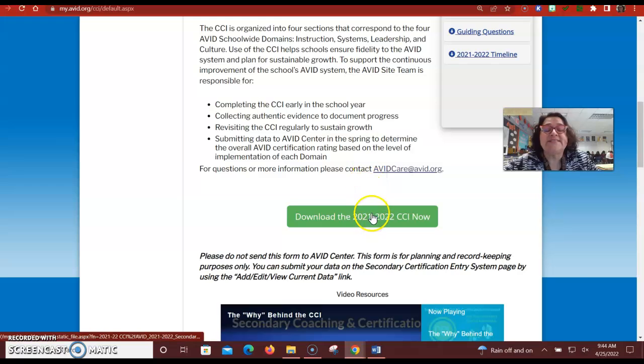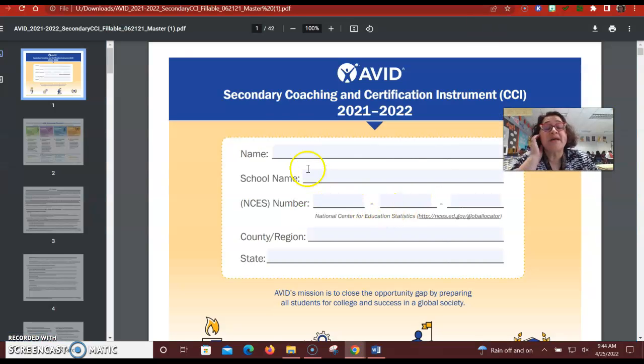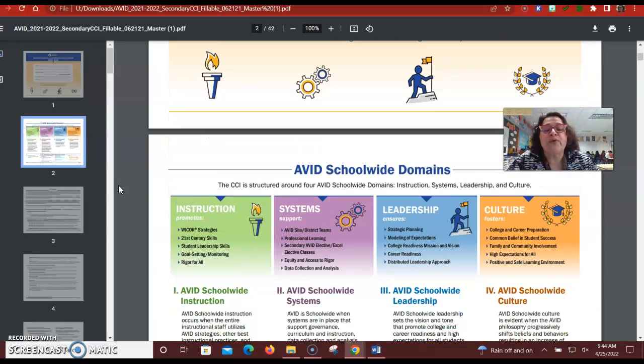What I did here is I did click download the 2021-2022 CCI, and this is what pops up. Notice it is 42 pages. I would strongly suggest you not print it, but hey, you might want to. I know some people are more visual, like to write on paper, but when you scroll through it, you'll notice,